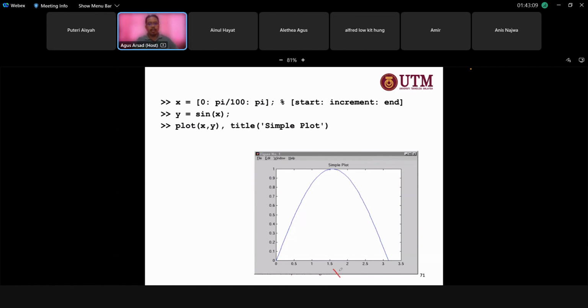Okay, so title simple plot. Kita bagi instruction title simple plot sebenarnya boleh je. Kita boleh juga bagi x label kat sini dan seterusnya, baru dia bagi label kat sini. Tapi ini tak ada, dia bagi simple plot kat atas ni. Jadi plot xy, x yang ini inilah data yang diperolehi daripada executions of x to find out what is the value of y. Okay, this is another one,